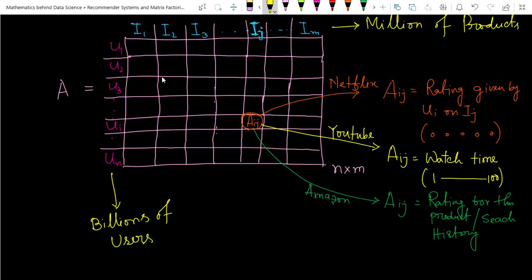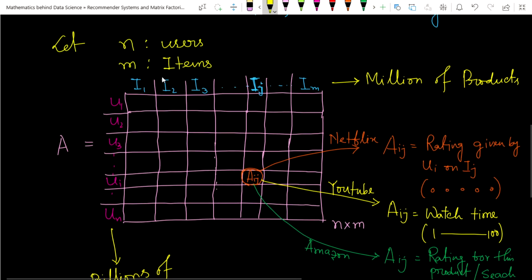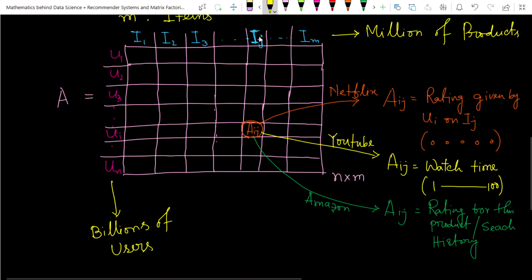If you consider a user, suppose we consider this user Ui, they have watched 100 videos, 500 videos, or 1000 videos. They have mostly used these, but the rest of the videos, it's not possible